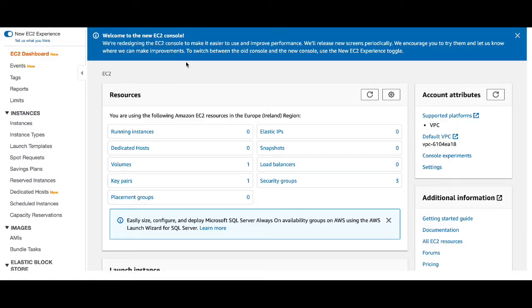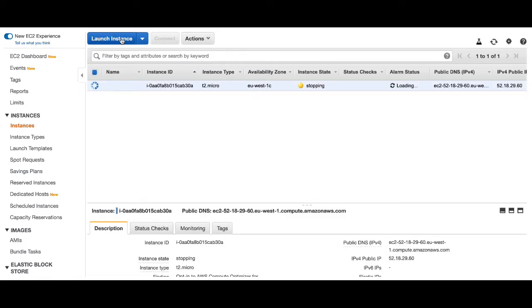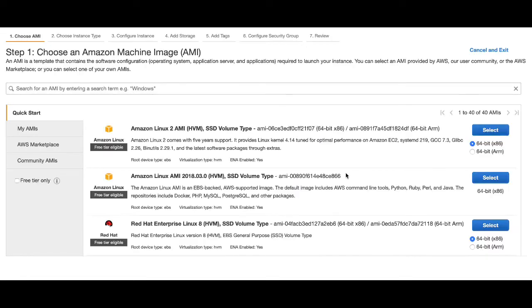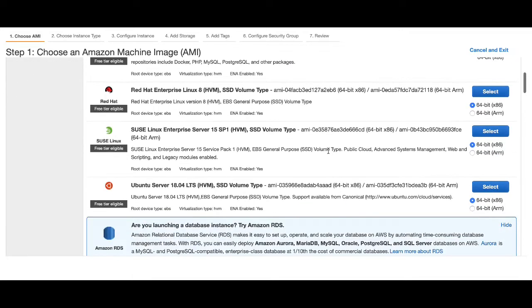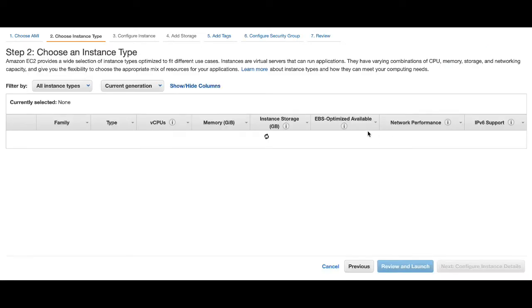So this is my EC2 dashboard. You just have to go inside Instances and do a Launch. Here you need to select the AMI. Let's select Ubuntu 18.04, which is the latest.